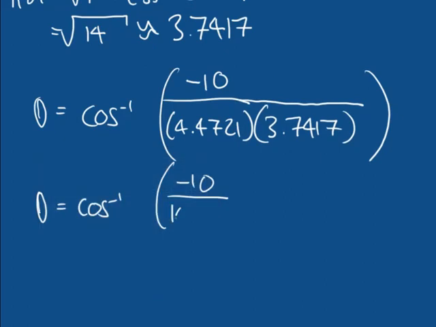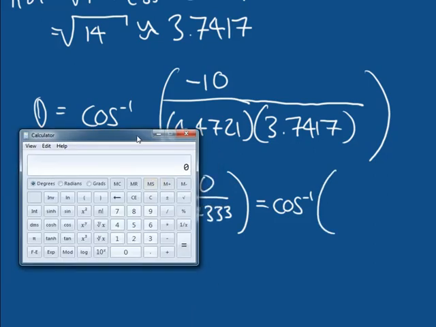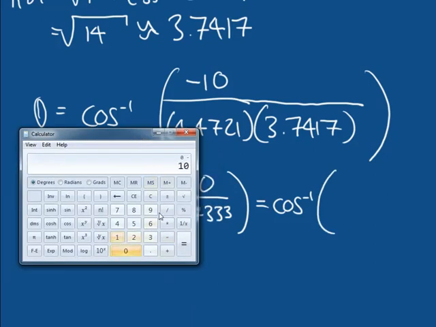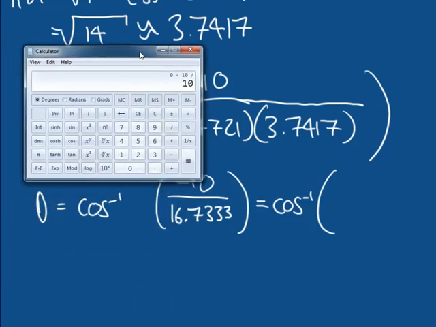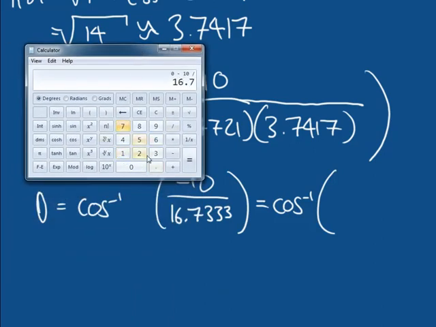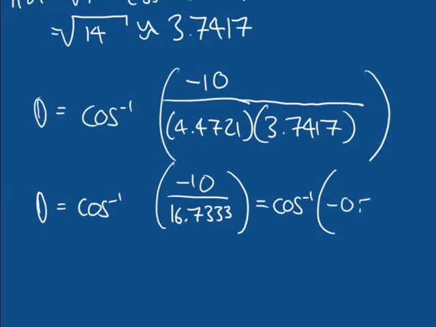So it's approximately 16.7333, which is equal to the inverse cosine of, if we take minus 10 and divide that by our 16.7333, that's approximately the inverse cosine of minus 0.5976. I'm going to keep that value in our calculator because we therefore can find theta,